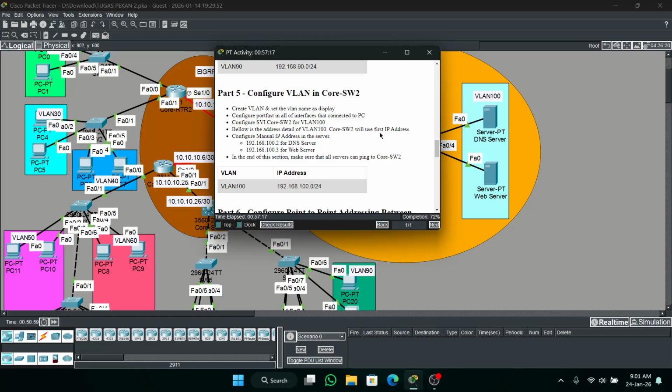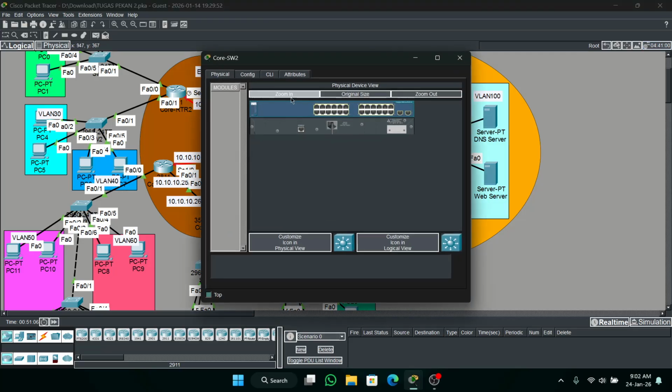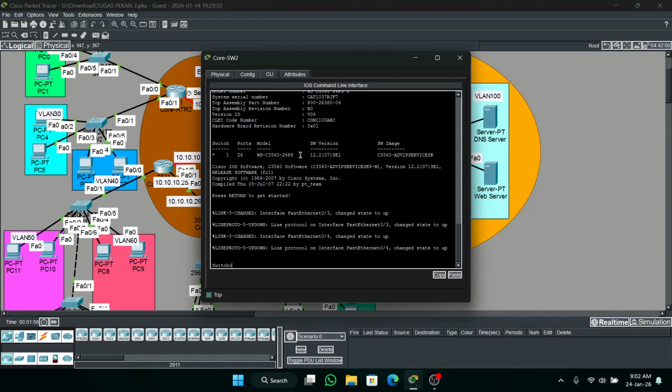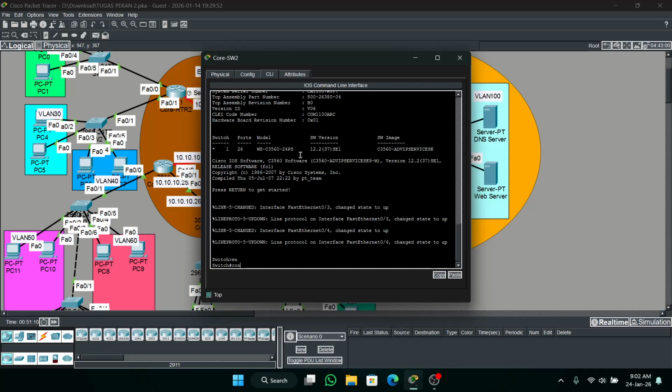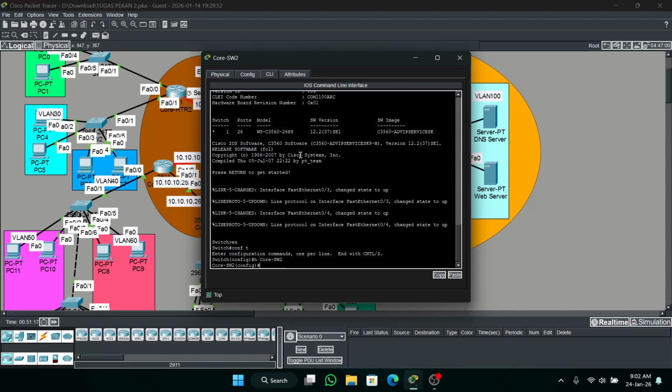For SW2 we'll use the first IP address for the SVI. Okay, no more difference. Hostname Core SW2, enable secret cisco.